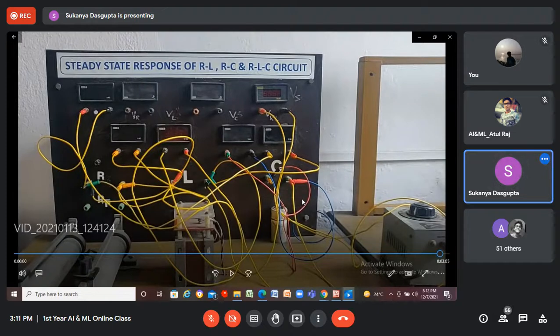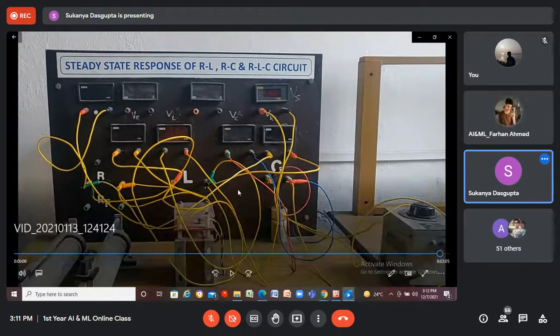Okay, can you hear me, students? Yes, ma'am. So this is the way by which we will connect the rheostat, inductor, and capacitor with the terminals shown in the panel. After this connection, follow my cursor, you will vary the knob of the variac, and by varying it, you will fix the supply voltage at 50 volt. Whenever the voltage is set at 50 volt, we'll vary the rheostat knob, we'll fix a resistance at a particular value.